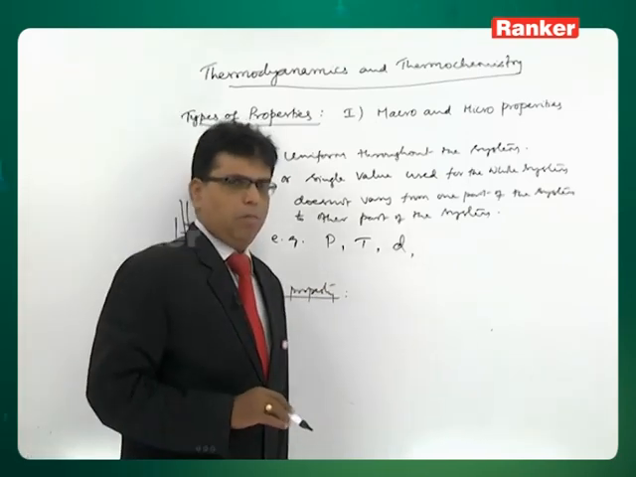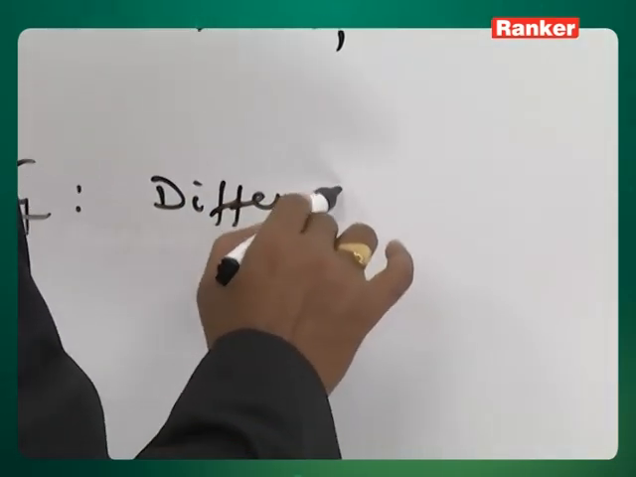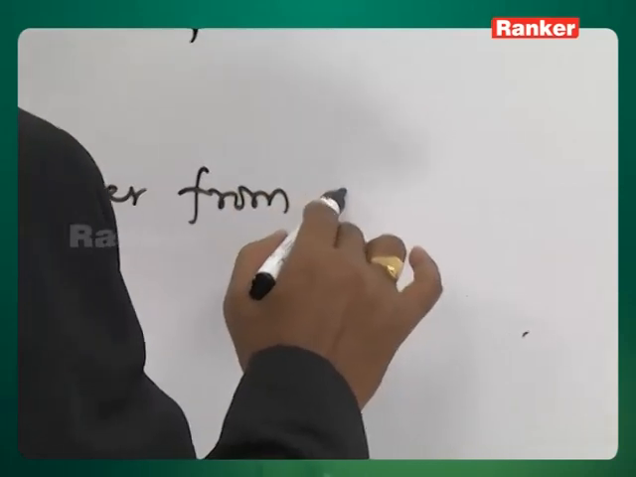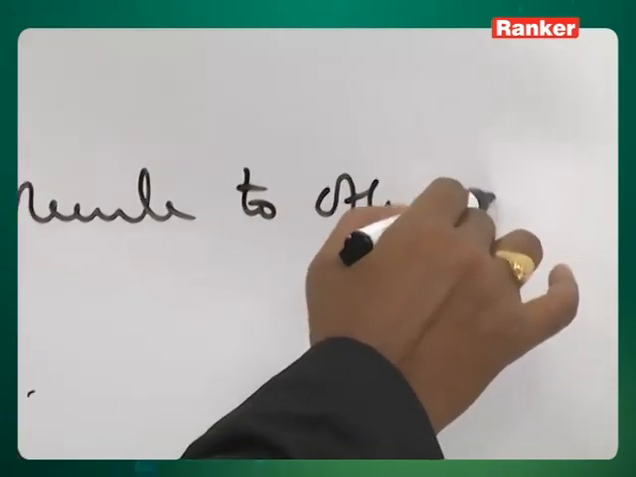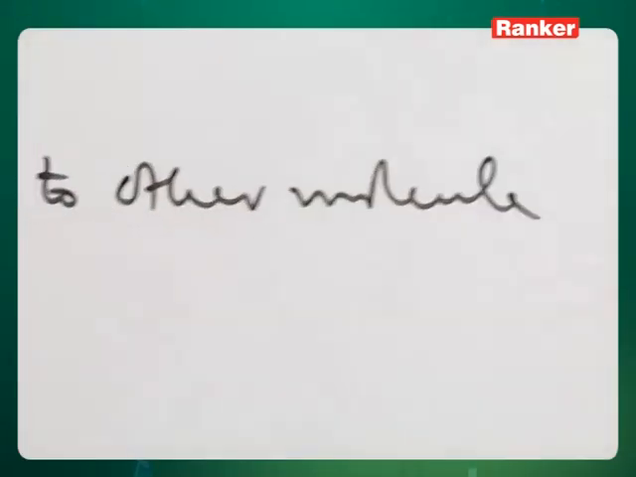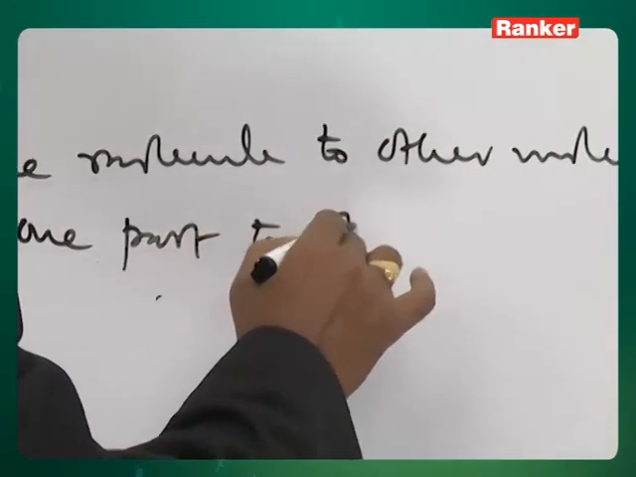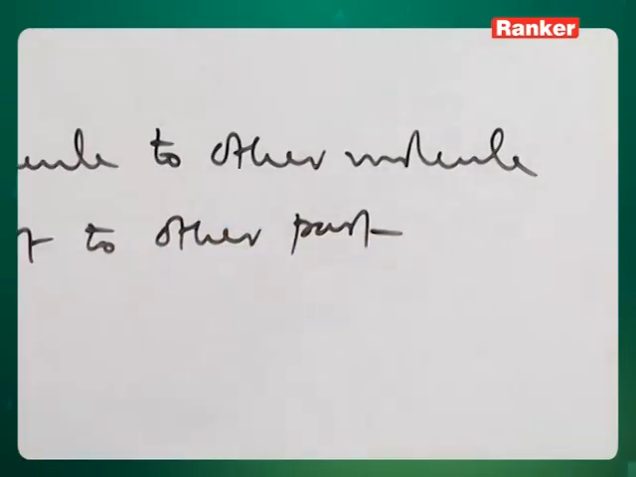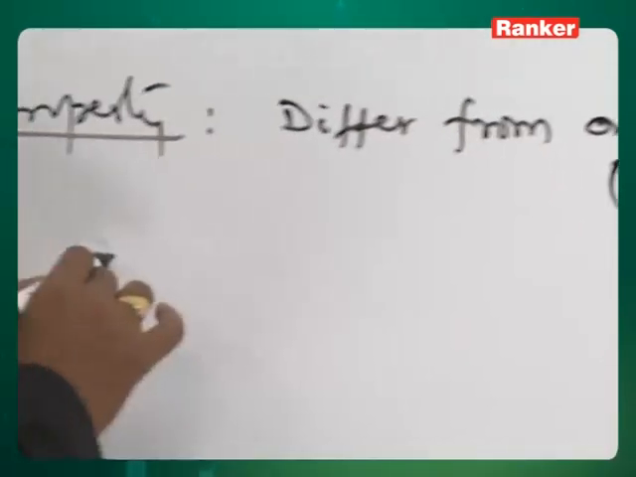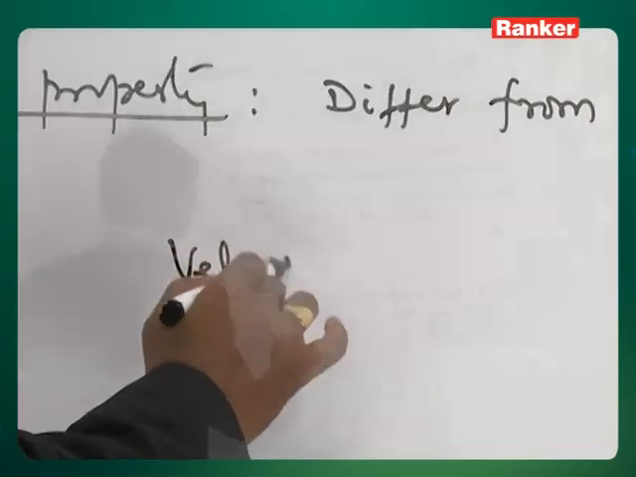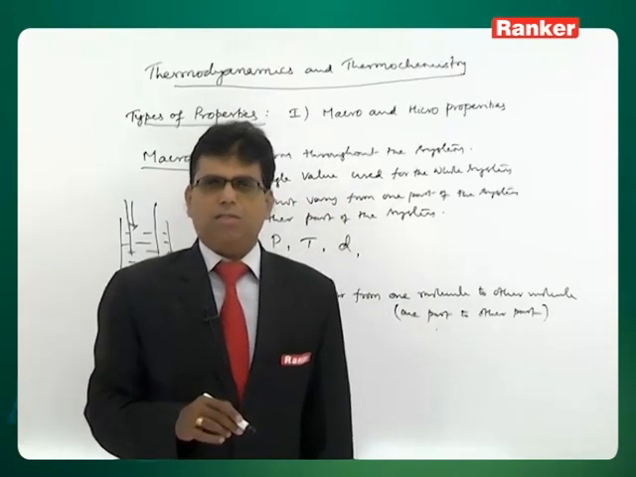What is micro property? Micro property is the one which differ from the properties which will differ from one molecule of a system to other molecule, or in simple from one part to other part. That is, example, if you write, it is molecular velocity. In the gaseous state, normally when we discuss about the kinetic molecular theory of gases, in one of the postulate